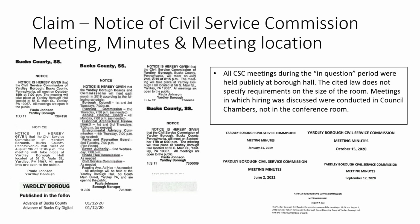You'll note it's very small, I apologize, but the one that includes a little more verbiage at the very bottom of the minutes, that one was where we were voting on an eligibility list, and it did take place in this room rather than the conference room downstairs. All Civil Service Commission meetings during the in-question period, so during these 2 hires, were held publicly at Borough Hall. The cited law does not specify requirements on the size of the rooms, and the meetings in which hiring was discussed, again, happened in this room and not downstairs. Next